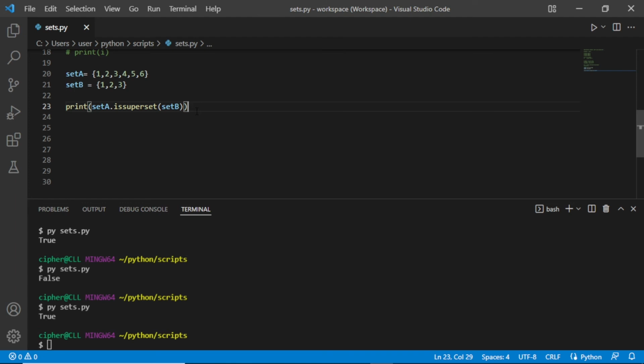Now we can calculate if the two sets are disjoint. Let's try to print set A is disjoint of set B. If we print here, we have false. So why do we have false here? Because disjoint returns true if both sets have no same elements. So we need to have a null intersection. Because here we have 1, 2, and 3 in both, that's why we have